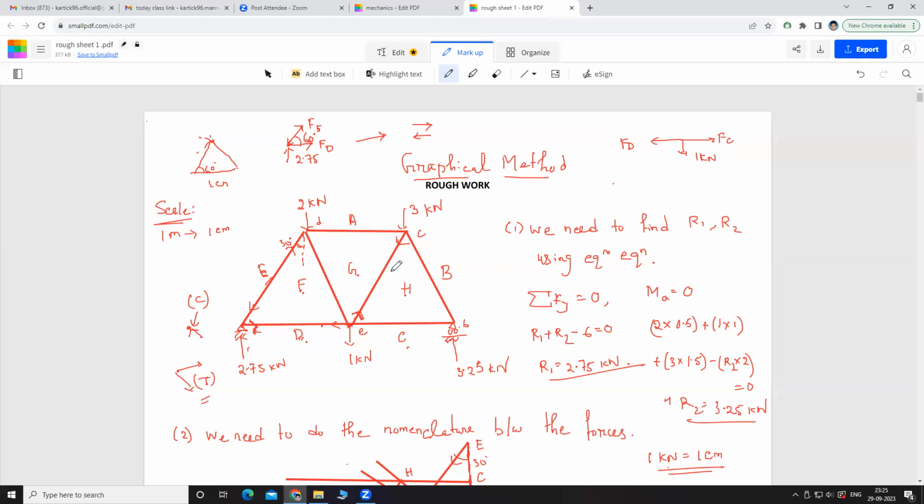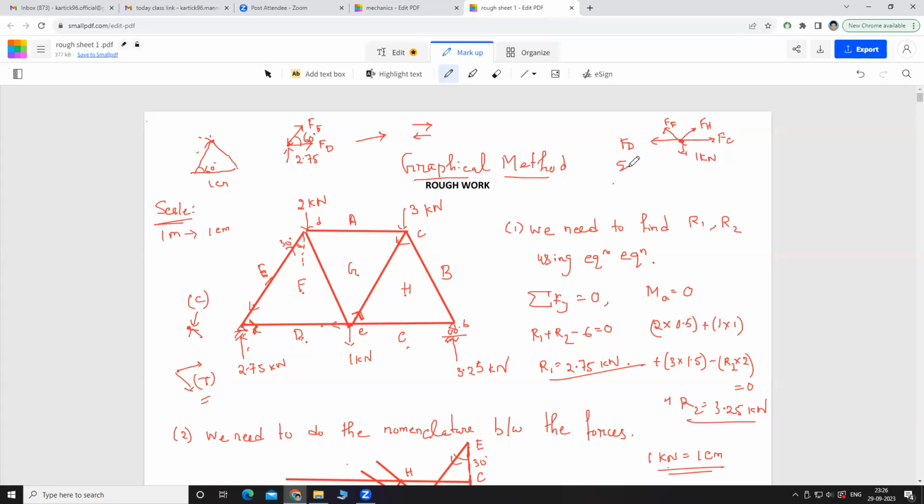Similarly, for this one, suppose that is our member H. So that is our FH. And suppose this is our member F. This is the direction FF. Fine. Now, when you write the equilibrium equation at this point,